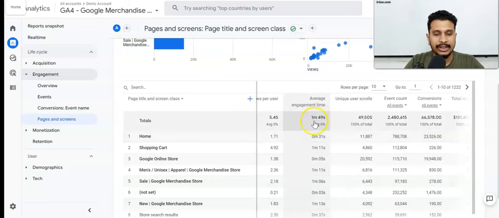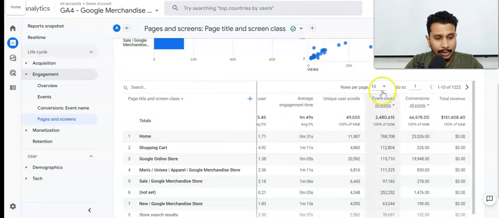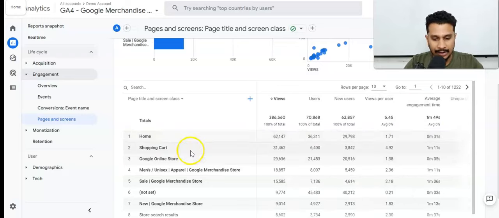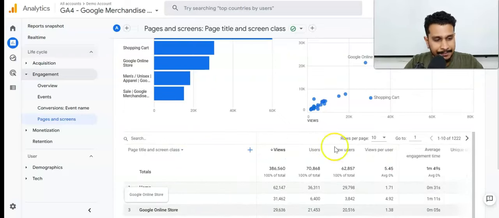So we can say that people are scrolling that particular page how many times. Now event count, so how many people have completed that event, and finally the conversion, so how many people have converted for that particular page. So here we can find out all the number of pages there are, and here you can see there